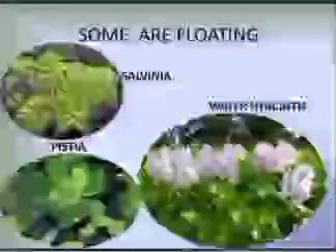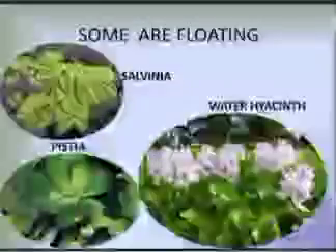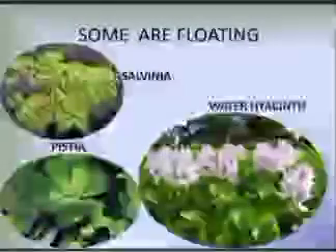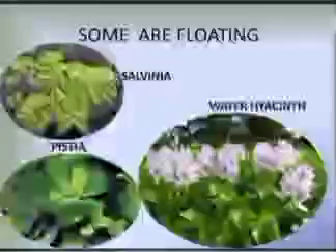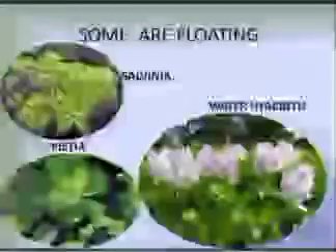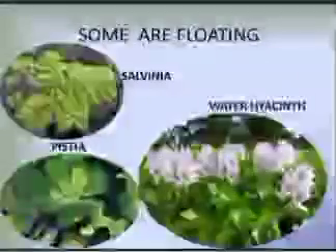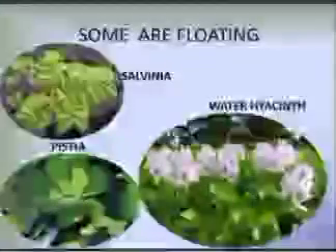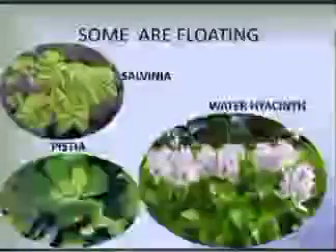Another type of floating plants are non-rooted floating plants. These do not have roots at all and they are not fixed in the soil. They are just floating here and there on the water surface. These are like Salvinia, Pistia, and water hyacinth. Here you can see Salvinia from the inside of the water body, and you can see that there are no roots and they are not fixed inside the soil. They are just floating on the top of the water surface.